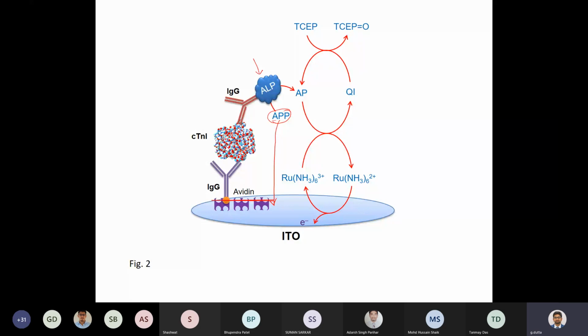And ALP, this is a kind of enzyme. This is called alkaline phosphatase. So this alkaline